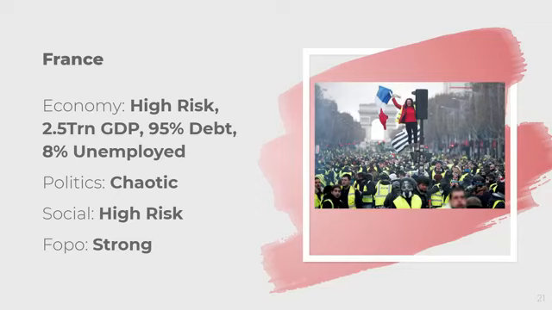As you can guess, social is also high risk because there's a lot of xenophobia towards Muslims. A lot of nationalists in the country want to ban religion now because they're like, well, we don't like Muslim immigrants, so if we ban religion, we're not being discriminatory, but we're also solving the problem. It doesn't work that way.